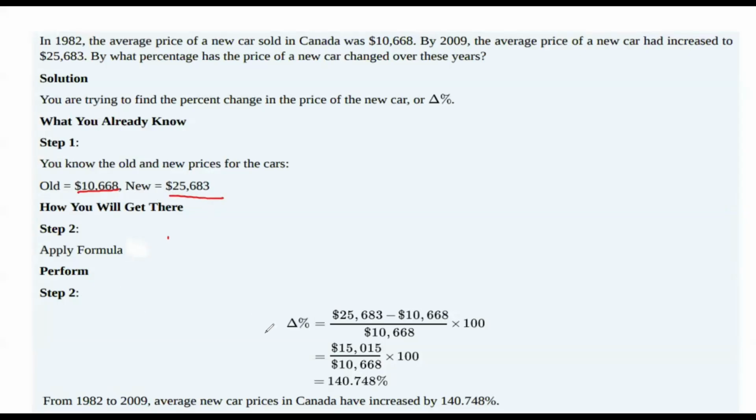So our formula: this is the new, that's the old, over the old, times 100%. You put it in the calculator, and I'm hoping that all of you can actually use the calculator to do something like this. If you can't, and you're having difficulty with this, as a matter of fact, with any example that we discuss in the class,